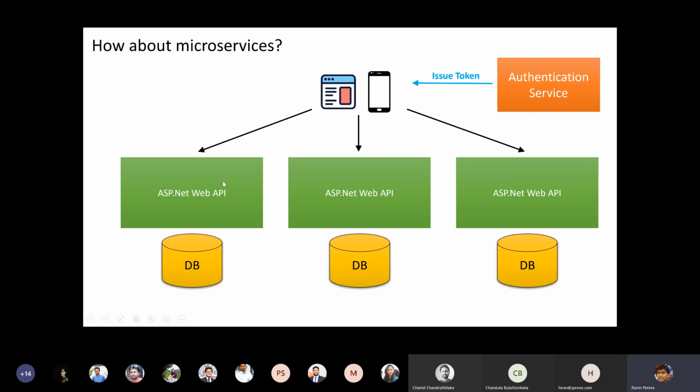Because even if it's one database, because you have multiple APIs, you will still have to duplicate this authentication stack or the middleware stack. Token issuing and validation, you will have to duplicate. And to give another answer to Hiran's question, I think Droppoint uses that pattern as far as I can remember. They do have multiple APIs for different purposes. Some APIs are used by third parties, some are used by their UI portal. So they have different APIs, but I think they do have one big database or a couple of big databases. I think Chamik and Priyadarshan can correct me if I'm wrong.